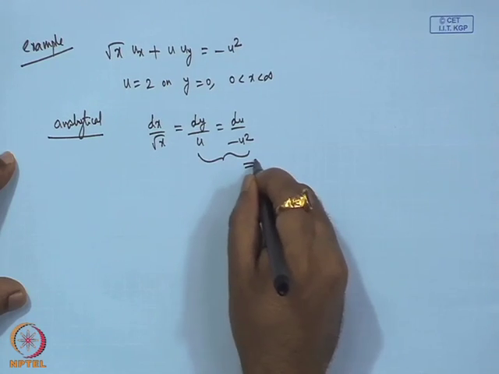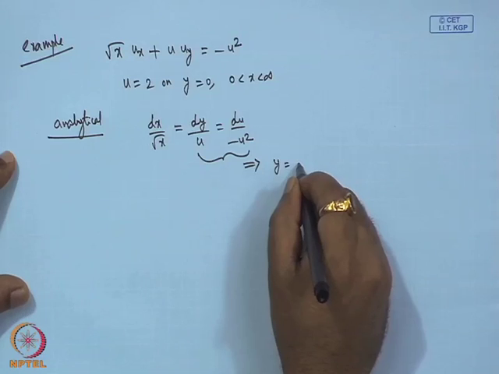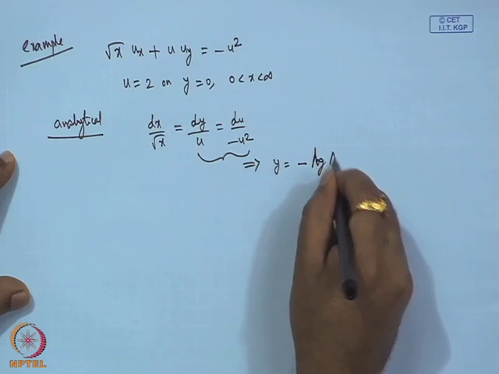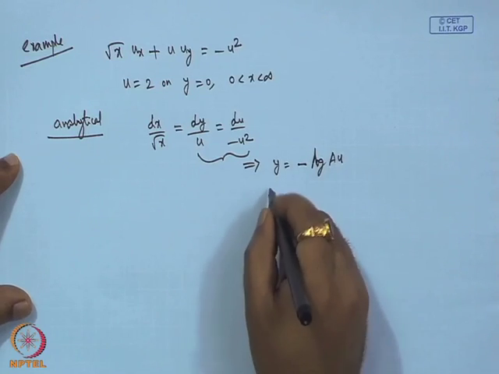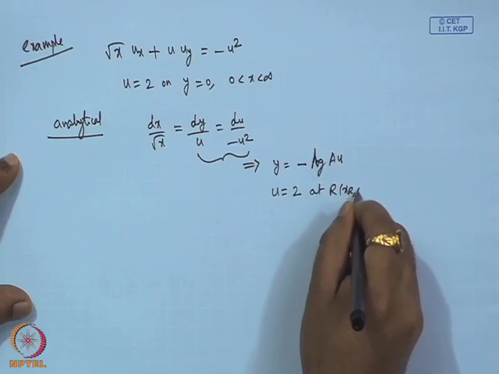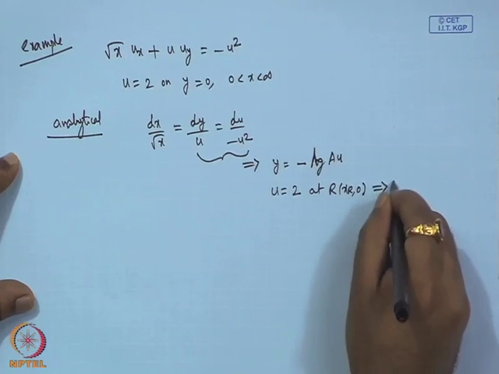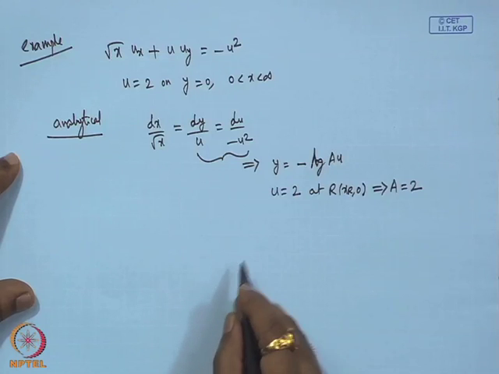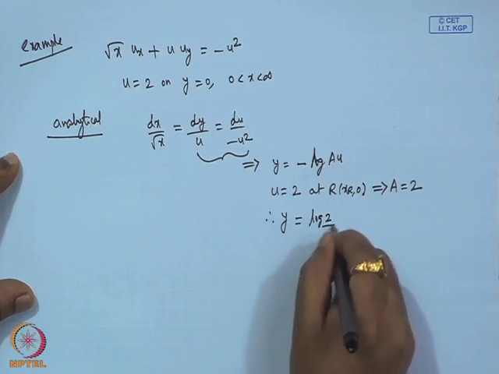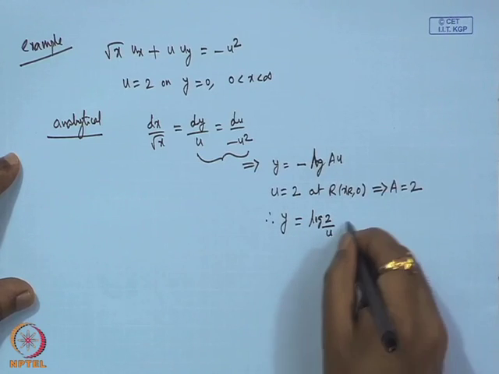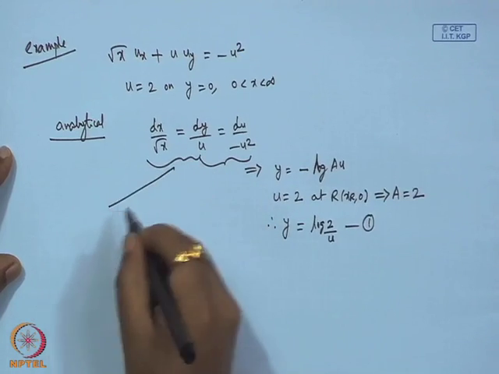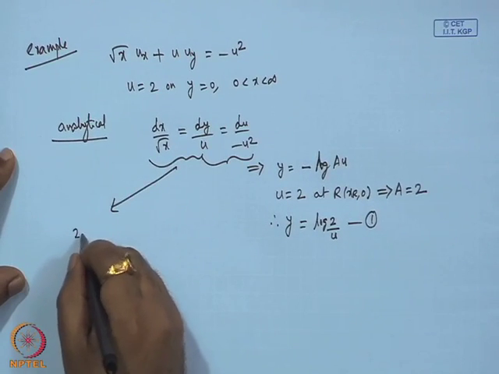If we consider this, y is minus log a u, then u equals 2 at R, x r is 0. This implies a is 2. So, therefore, y is log. Then we consider these two, we get